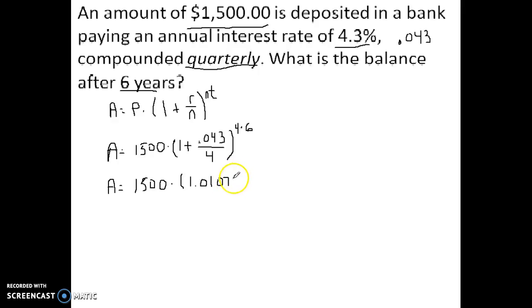And you want to keep all the decimals because we want this to be the most accurate it can possibly be when it's all said and done. And we're going to raise it to the 4 times 6, which is the 24th power. So the next step is to take care of the exponent, again following order of operations. We're going to take this number and raise it to the 24th power. On your calculator, you want to look for a button that looks like a little caret sign, or an x to the y, or a y to the x button. On my calculator, I have a y to the x button, so I'm going to push that, to the 24th power, and I get a number of